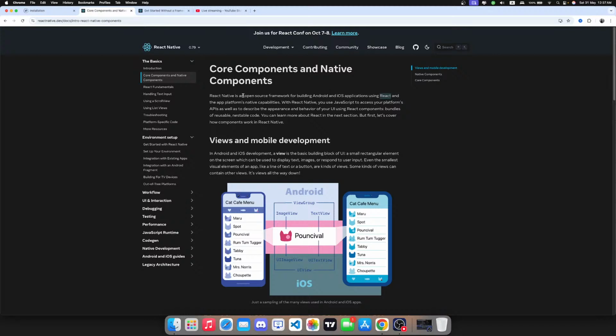So React Native is an open source framework for building Android and iOS applications using React and the Apple platform's native capabilities. It's a framework, not a library. With React Native, you can use JavaScript to access your platform's APIs as well as to describe the appearance and behavior of your UI using React components. So basically, it means you can tweak your UI with React Native. You can also code the backend part and the front end part. React components are bundles of